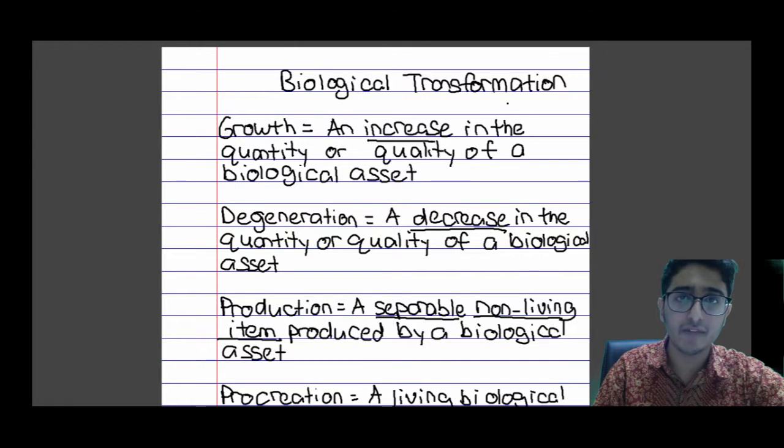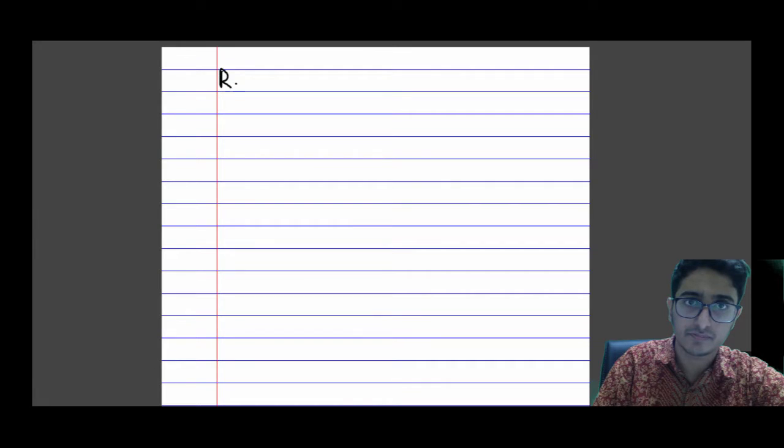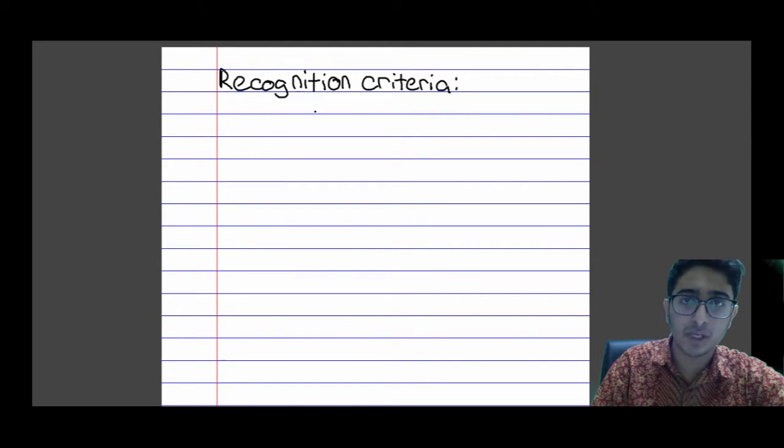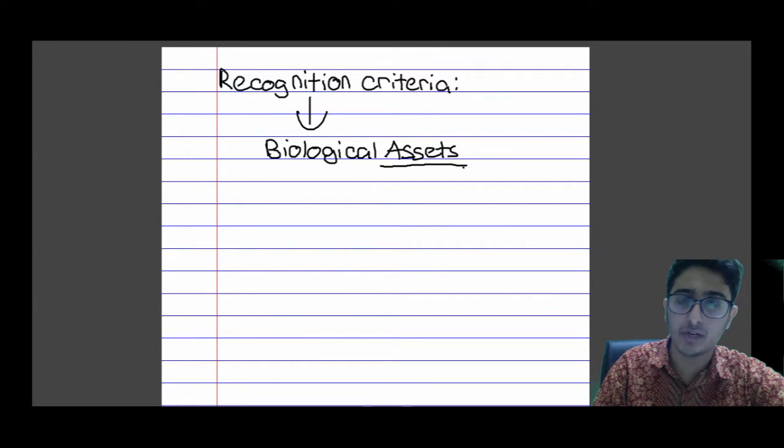We have talked about the definition of agriculture. Now let's next talk about the recognition criteria. By now you should be knowing that we are talking about biological assets. Yes, this means that these are living plants or animals. Now from the word asset, you know that we already have a recognition criteria. First one is